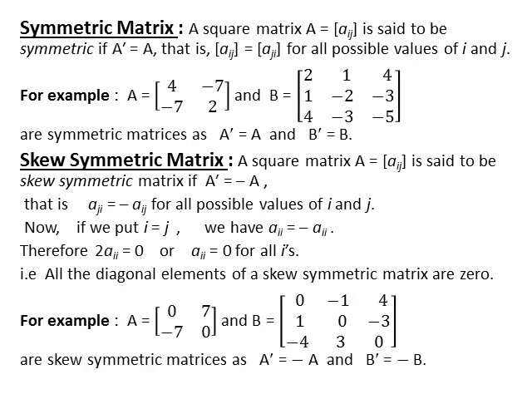Here A and B are examples of skew symmetric matrices of order 2 and 3 respectively. Students, when we have to check whether a given matrix is skew symmetric, first observe the diagonal elements. If the diagonal elements are 0, then we check whether the transpose of the matrix is equal to the negative of the matrix. In case the diagonal elements of a square matrix are non-zero, then it cannot be a skew symmetric matrix.